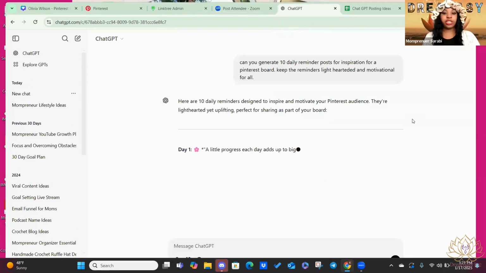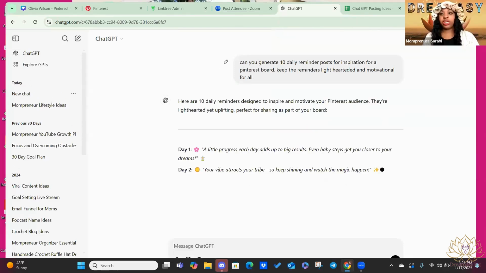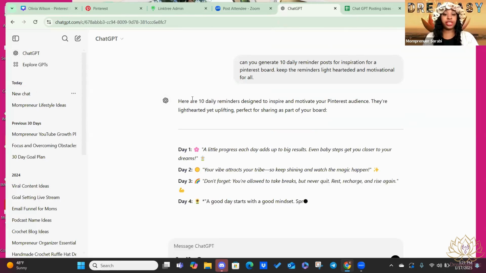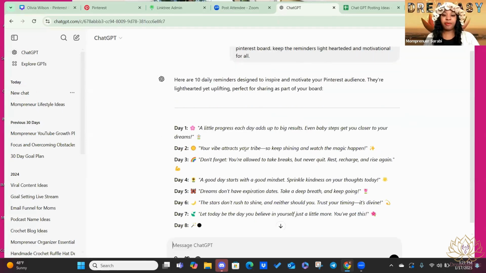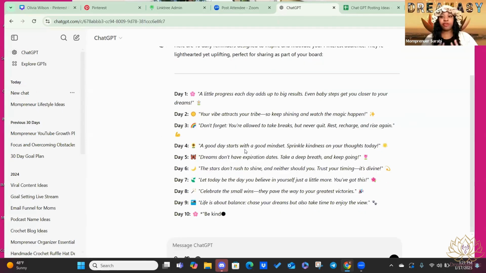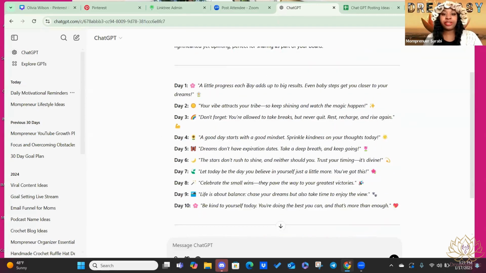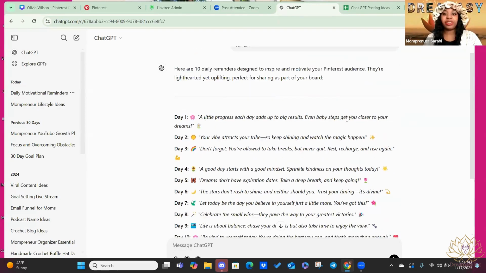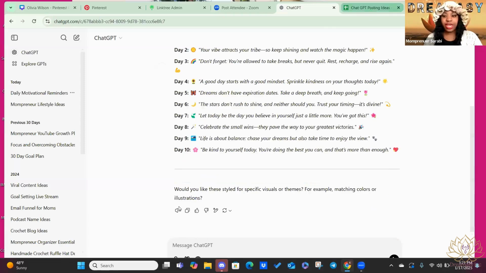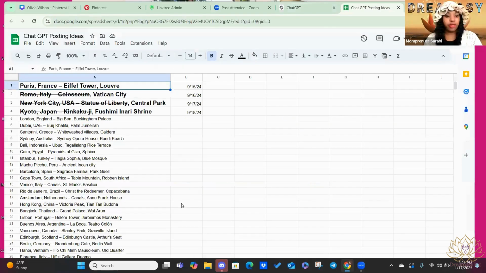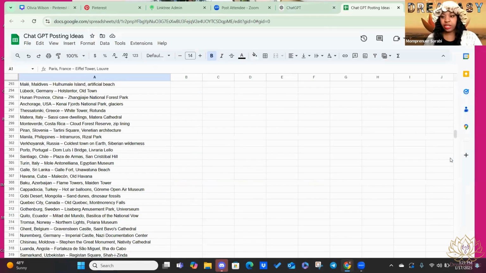Now, guys, I'm pretty sure there are a lot of other prompts that you can use. That was just off the top of my head. If you want to look for certain prompts for specific things, you can always Google ChatGPT prompts and then put in what you need, and it'll do it that way. But this is what a little progress each day adds up to: big results. Even baby steps get you closer to your dreams. So I like that. I'm going to go ahead and just copy all of those onto my little